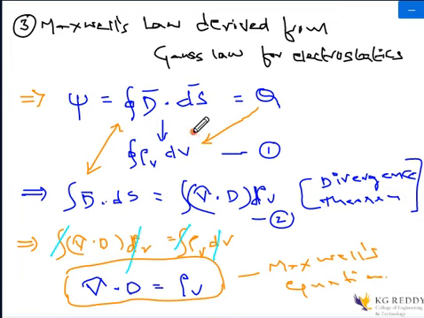Go back and see the concepts of the Gauss law, then you can understand how we got these equations. According to the divergence theorem, which we also derived in the concepts of the Gauss law, we can convert surface integrals into volume integrals by using the divergence concept. So this integration of D bar dot dS can be written as integration of divergence of D dv. Finally, after equating equation 1 and equation 2, you get the third Maxwell's equation, which is divergence of D equal to rho v. Okay, so done.